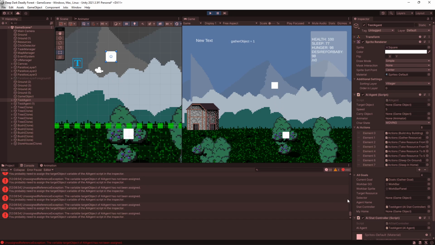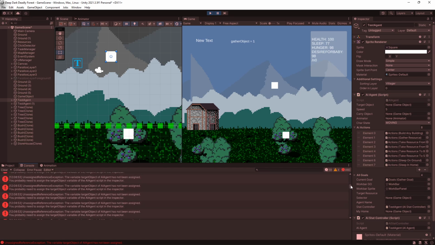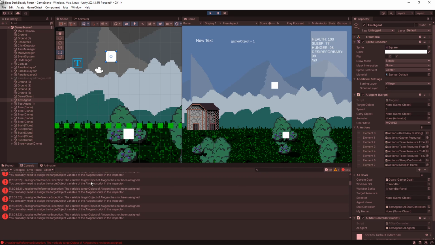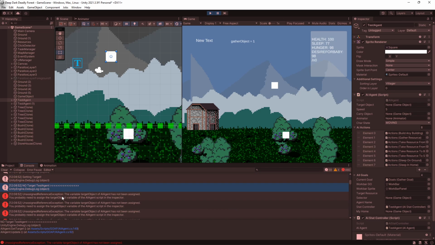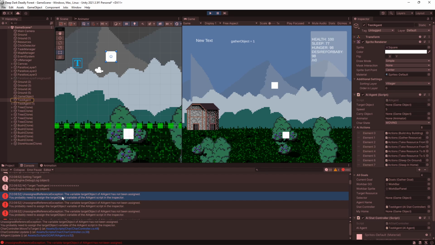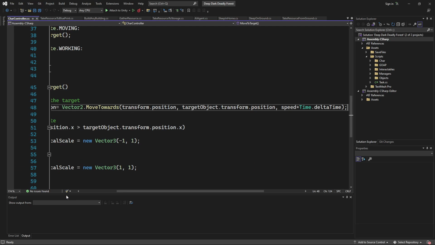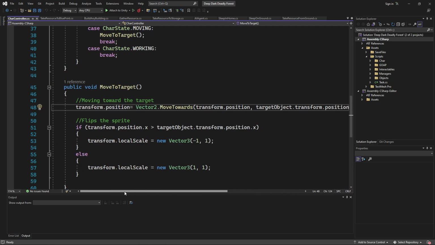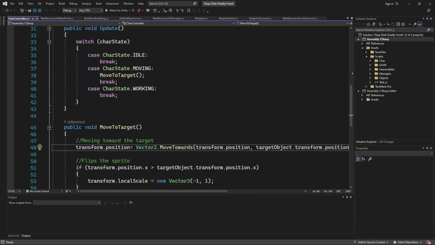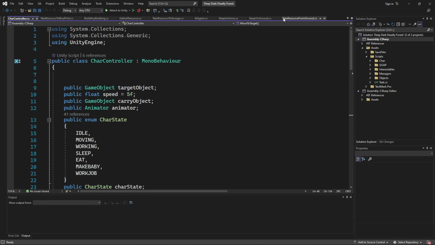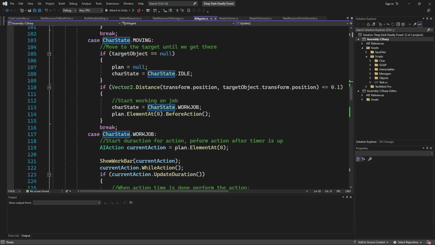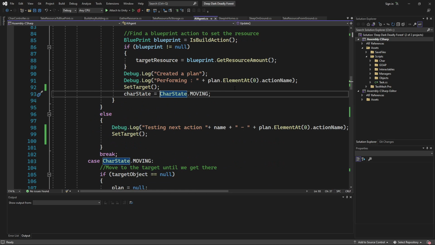Nope, still not fixing it. Scroll back up though. Alright, it says it has no target, but then it does this. So going to try and move towards it. Actually, here's why. Let's go back to the agent. Right here, we want to delete that.